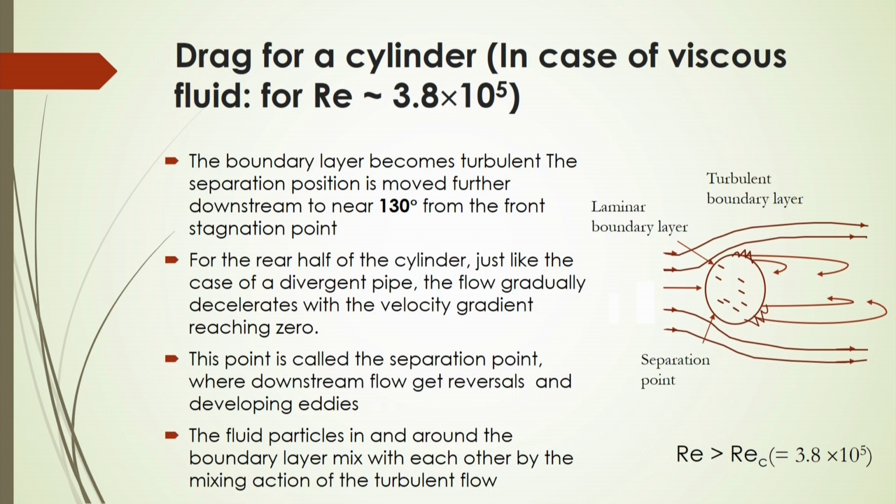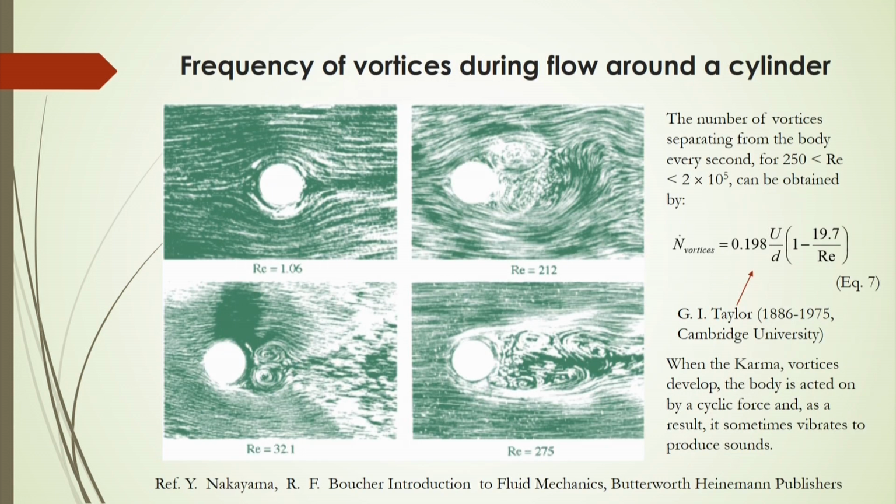flow. Also, if there is an application of chemical or biochemical processes based on the mixing characteristics of this flow, then you can get an idea of this hydrodynamics, where the mixing can happen and which Reynolds number is to be considered for that particular mixing. And also the frequency of vortices during flow around a cylinder: if we consider that there is a formation of vortices at a particular Reynolds number, then sometimes you will see twin vortices at a Reynolds number of around 32.1 here.